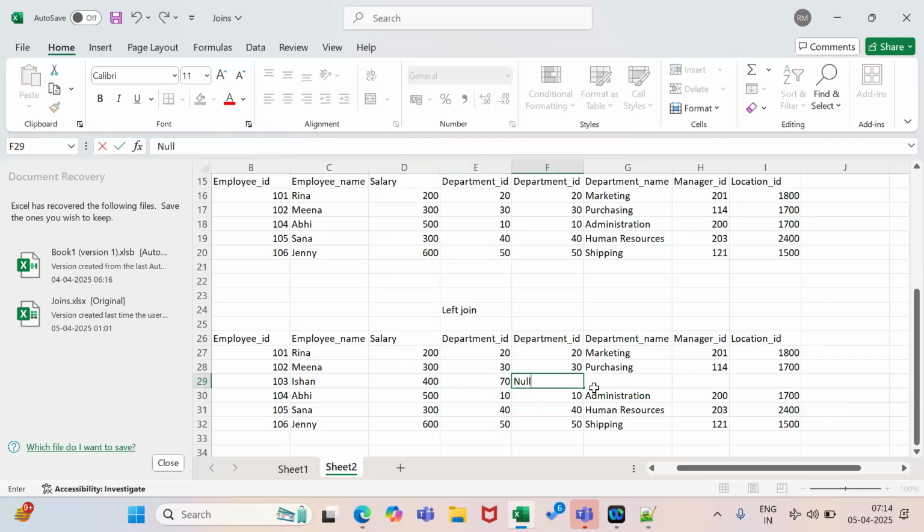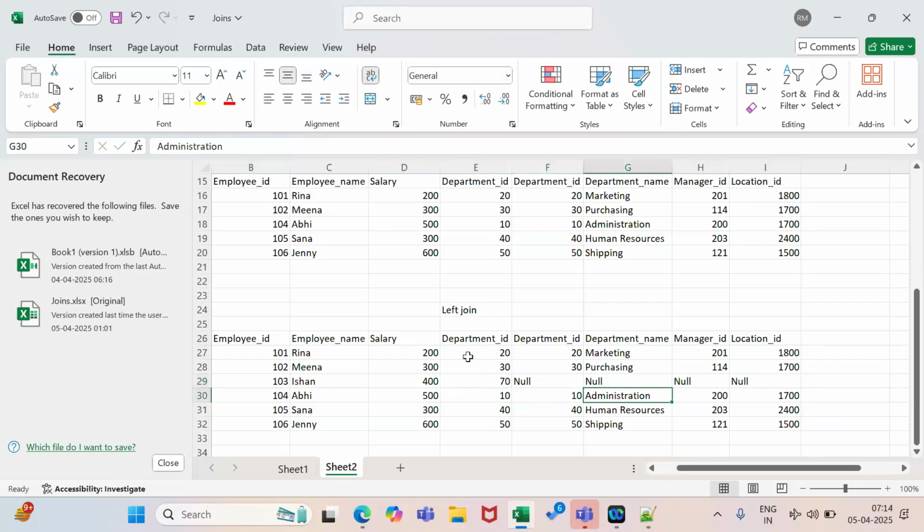Okay, so in the left join, even if that data is not present in the other table, it's fine, we can still put the data from the left table, and for the right table we can put a null value. So this is how left join works. Clear?